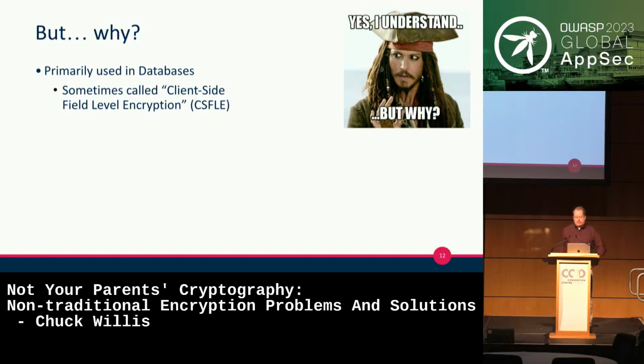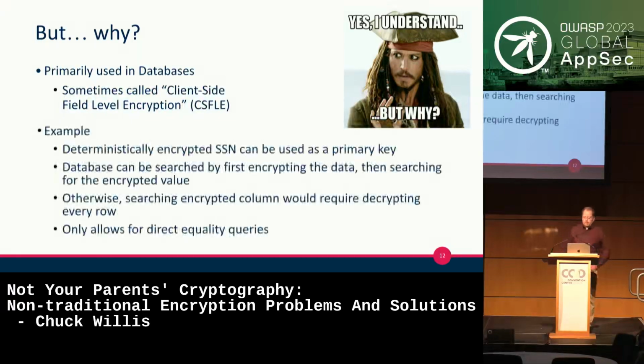But the basic idea is that you're providing a way that you can say, okay, we're going to encrypt this data, but we want it stored in such a way that we can still run at least a little bit of querying against it. So, you could deterministically encrypt a social security number, for example. Because every time you encrypt the social security number, you're going to get the same ciphertext, then that can be used as a primary key and even used to join across tables and things like that. It gives you a lot of characteristics that you don't get with traditionally encrypted data.